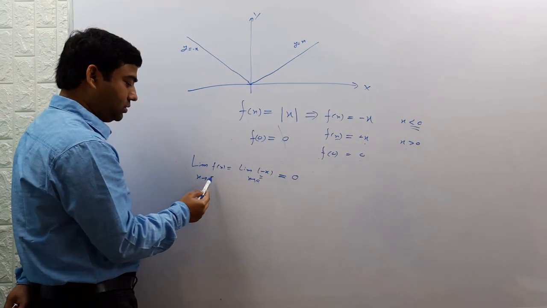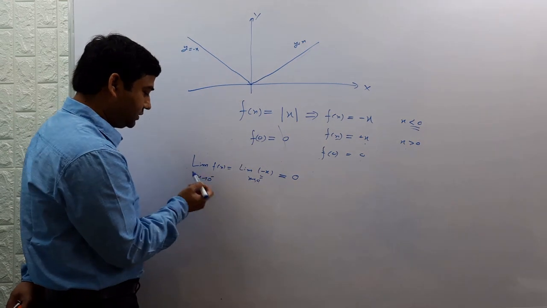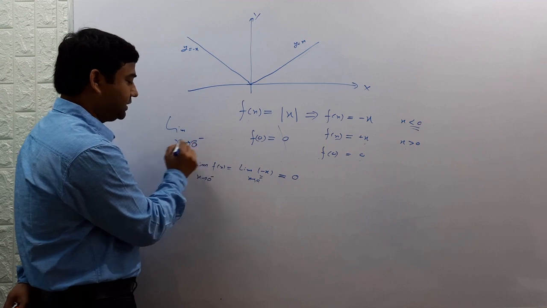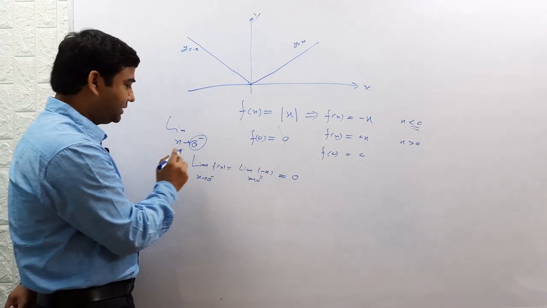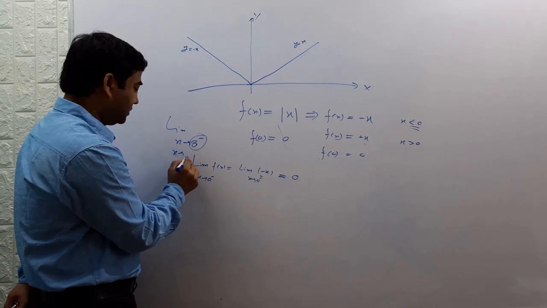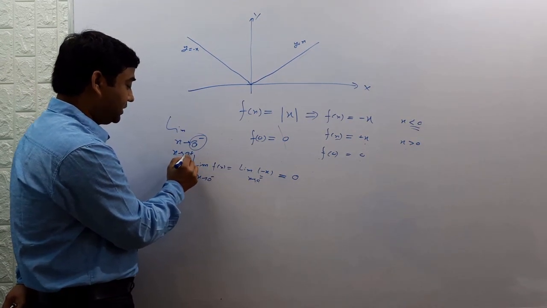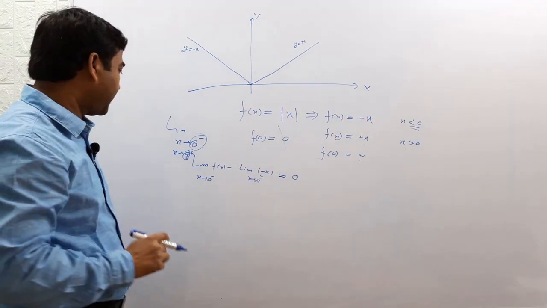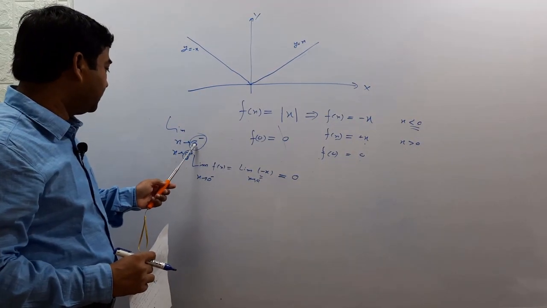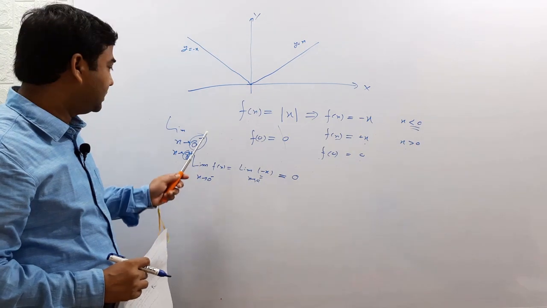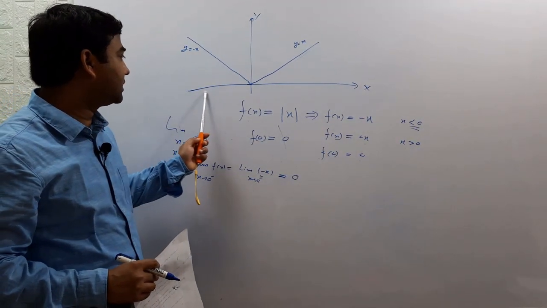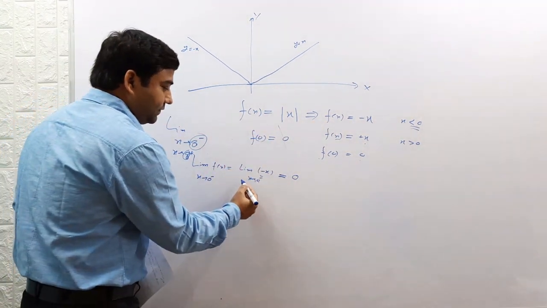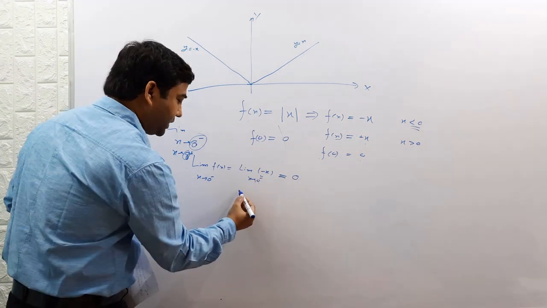This doesn't mean minus 0 or plus 0. Never treat it as minus. This is 0. Suppose x is 8 minus, so it is not minus 8. Both these values are 8. Whether it is plus or minus, whatever is written as a subscript, the value of x is always 8. Minus and plus is only written to indicate the convention, whether it is coming from the left side or the right side. So this is the left hand limit. It is 0. Now calculate the right hand limit.